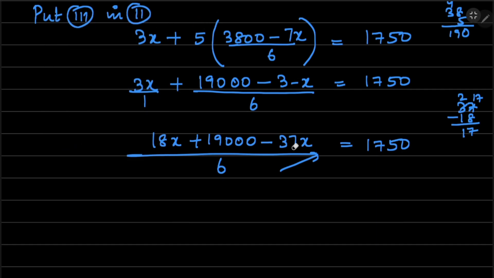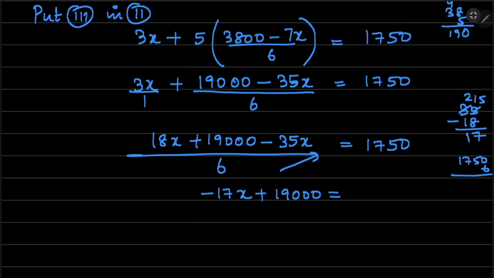So here it is 35x. So let's correct it. 35 minus 18 is what you have to calculate. So 15 minus 8, again 7. So you will be getting minus 17x in the numerator plus 19,000 is equal to